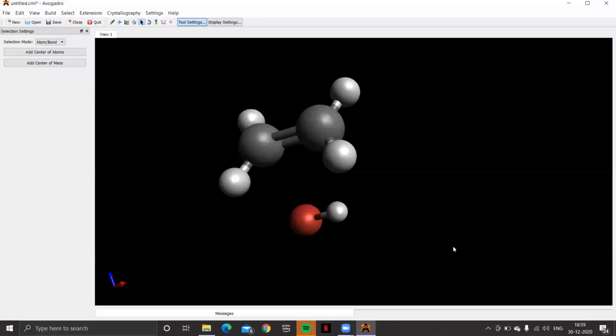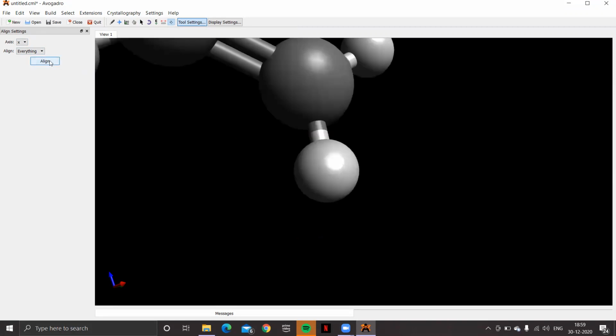And finally, if I want to align the system along a particular axis, then opt for this align tool and choose a particular axis. Let's choose the x-axis. Then take two particular atoms as a reference point and then opt for align.